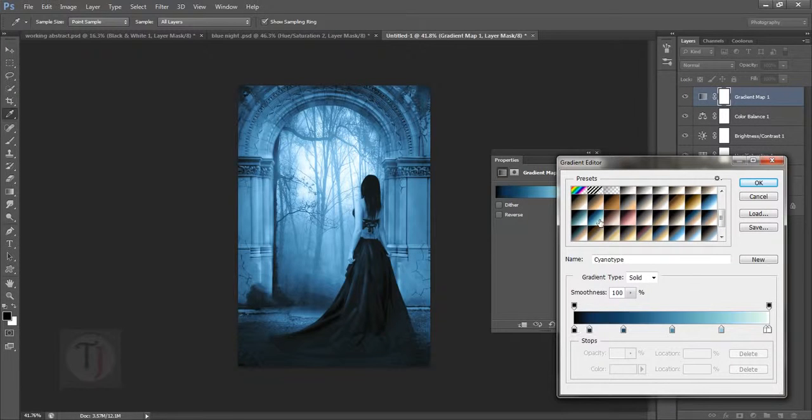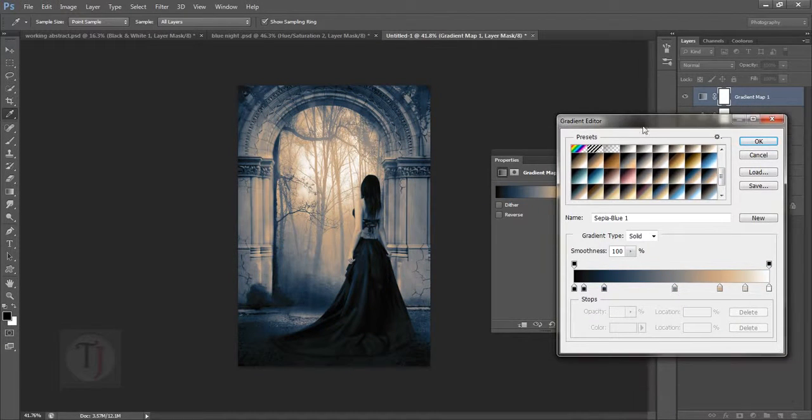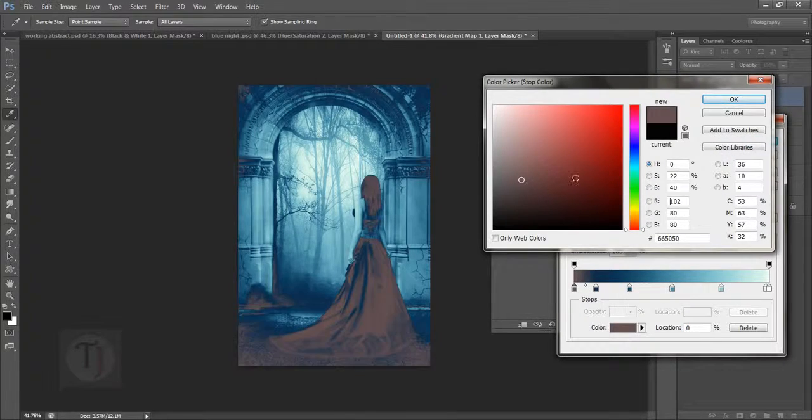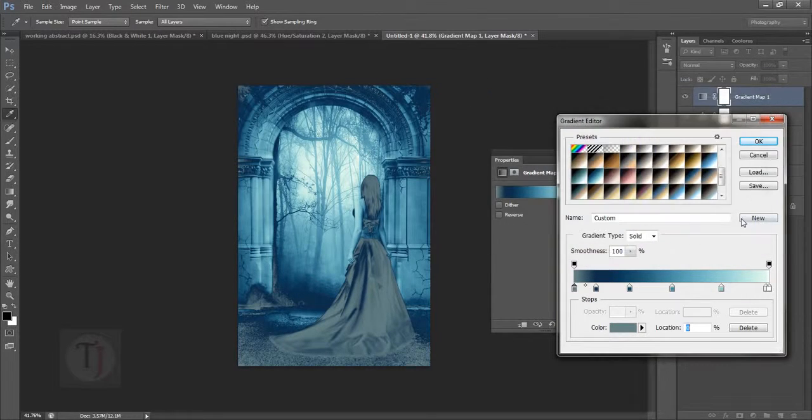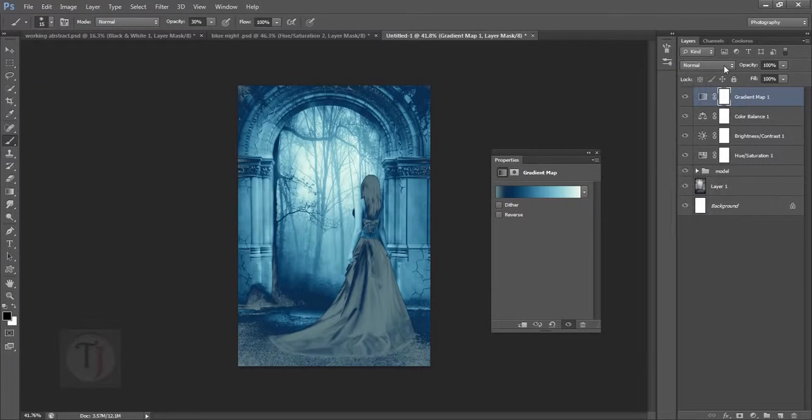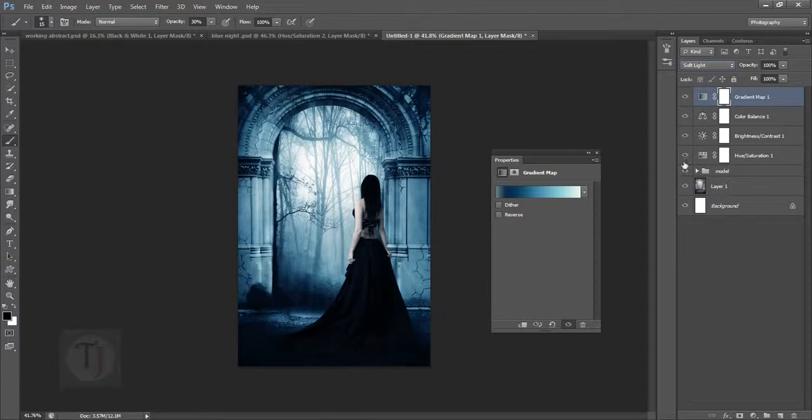So I'm gonna use any of these blue colors, maybe this one or this one. No, this is not looking really fine. Okay, this might work. Maybe I'm gonna bring it a little bit here, and in this department I'm gonna use a desaturated blue. Maybe this one looks fine. Right now it is looking terrible, I know that, but don't worry about that. And I'm just gonna hit OK, and after that I'm gonna put this layer on soft light, so it's working